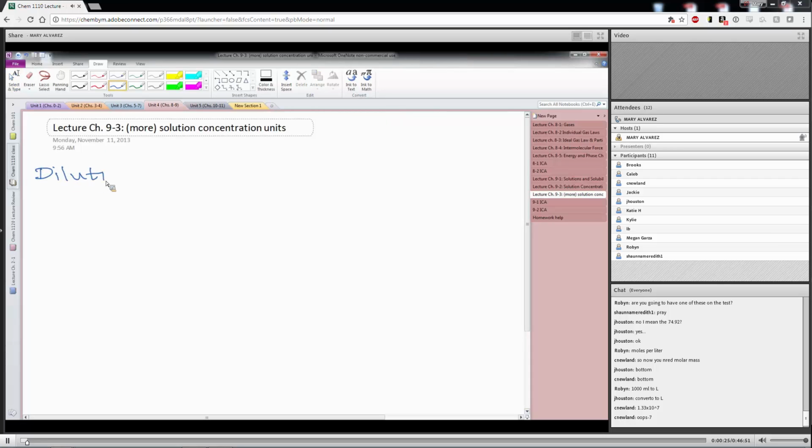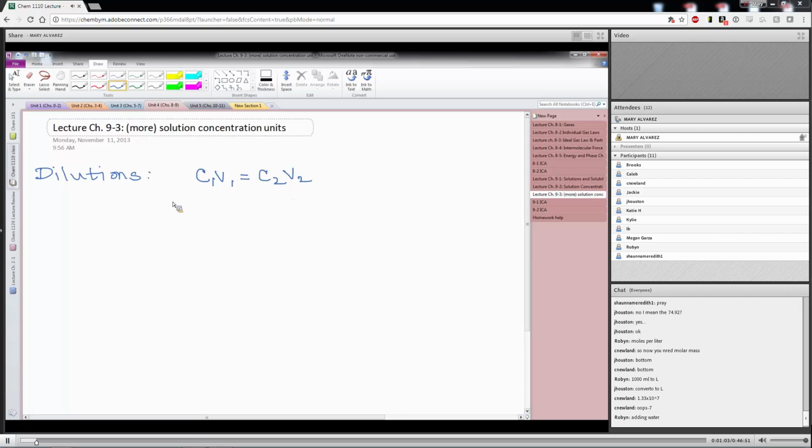This is something we can do with almost all of our concentration units, is we can quickly calculate what the new concentration will be if we dilute it. Anybody know what dilution is exactly? Adding water, basically increasing the volume of your total solution. There's a really handy equation that I want you guys to know regarding dilutions. And that's this. I'm going to say C1V1 equals